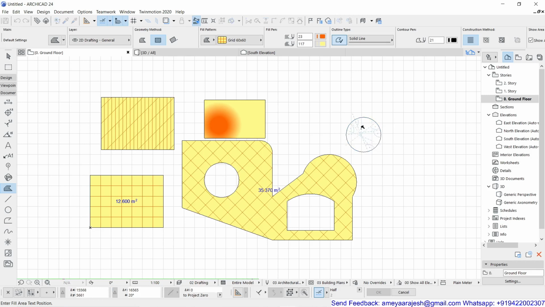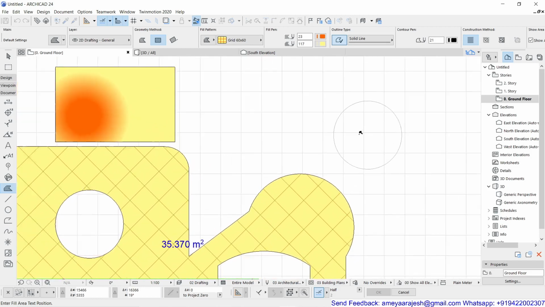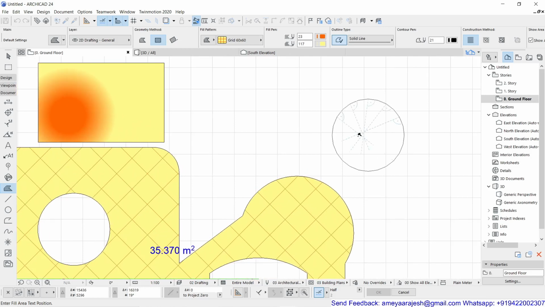Now what is happening, because the text was on, show area text, I'm getting a hammer cursor to place this particular text. And if you read the prompt at the bottom of your screen, it is written, enter field area text position. So I just have to click a point where I want to place this text. If you want to place it outside, you can click outside also, no worries about that.